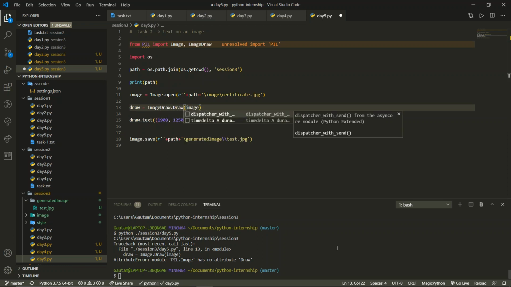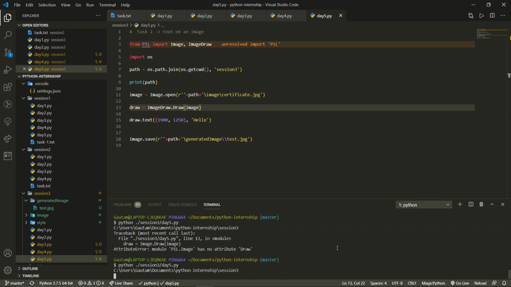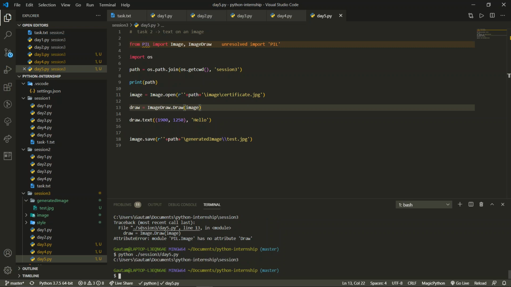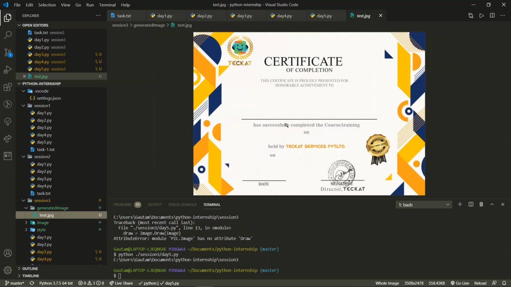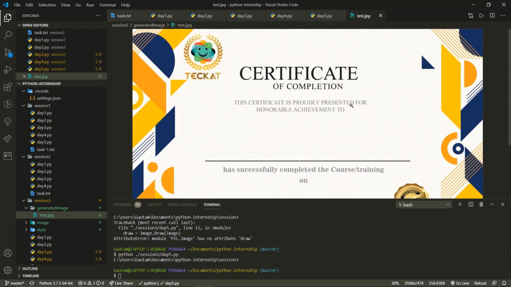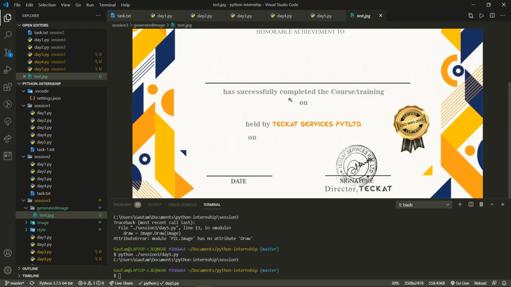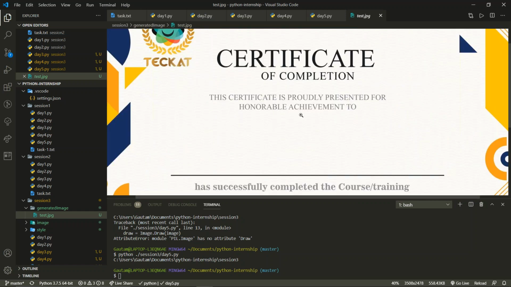This may be fine. I believe this was the only mistake. We missed a draw over here. Let us see. And it works fine. And let us see if it takes over here. So we created some file somewhere in between. Let us see if this comes, because we haven't created the font size, so it will be very small. Maybe there may be some errors also, so we need to rectify all those errors.